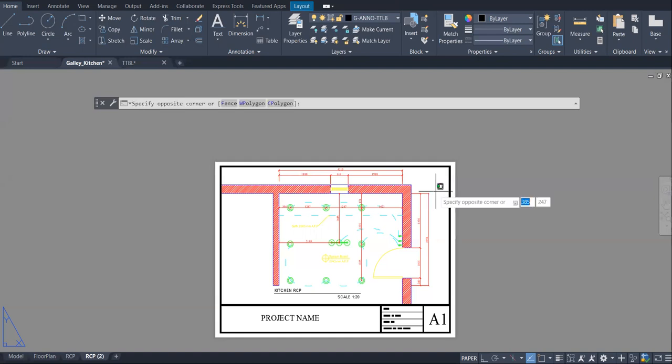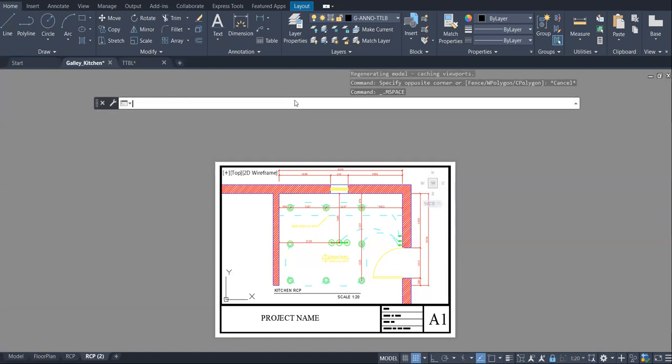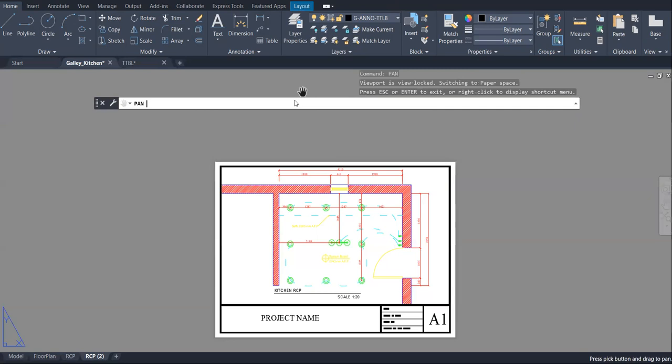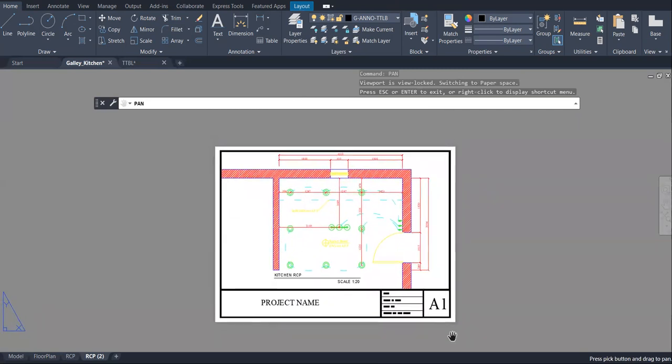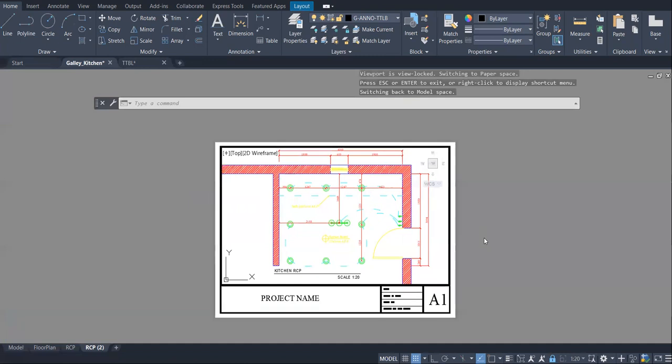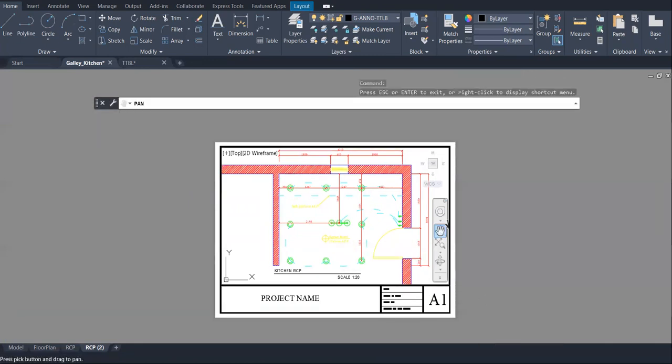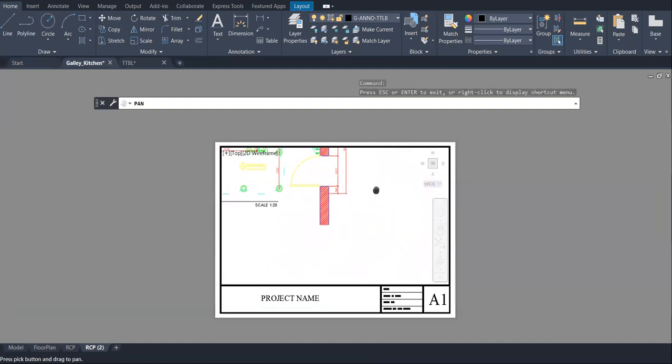Now I'm just going to double click here and then I'm going to type pan and I'm going to pan the view. Now, as you can see, I can't pan anything, and this is because I forgot the RCP2 or the copy is also locked in. So I need to unlock it, and now I have the pan. Now, if I pan, I'm not changing the